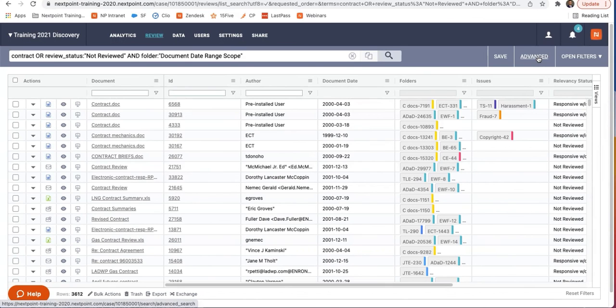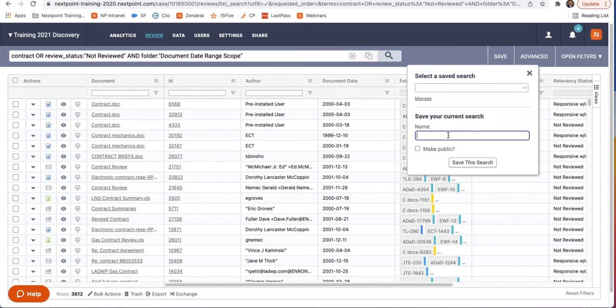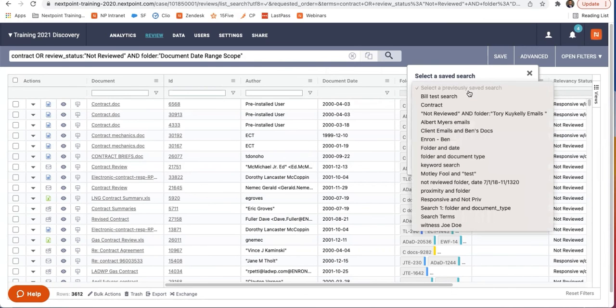If you ever run a search that you think you want to use again, or maybe edit frequently, you can always save that search, name it, click make public so other people on your team can use it. And then when you save it, it will show up in here for other people to use,